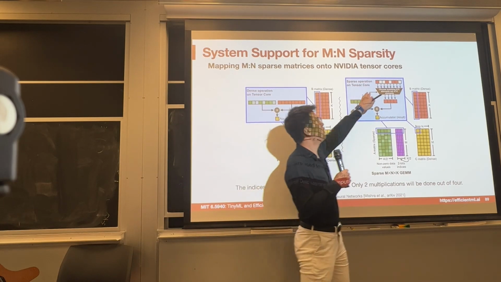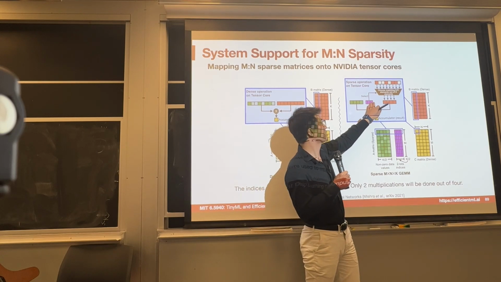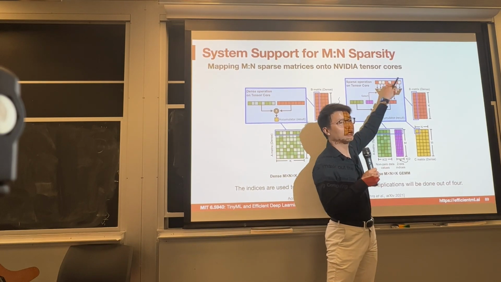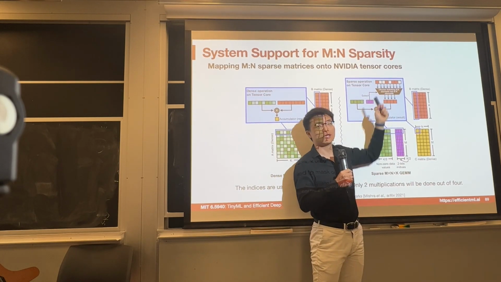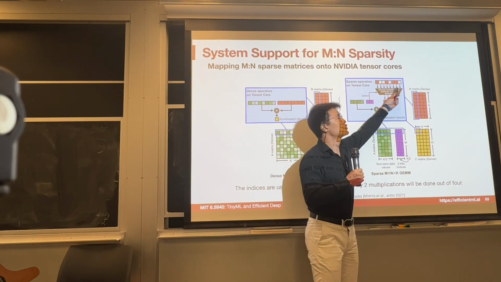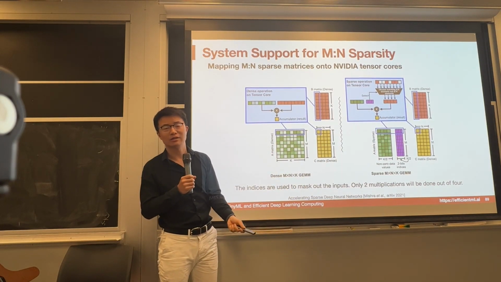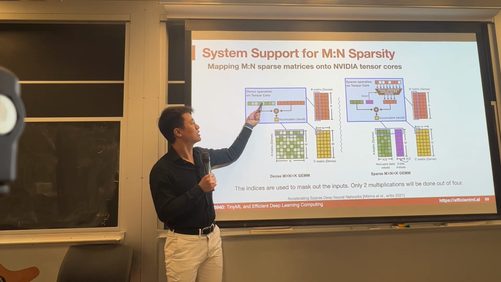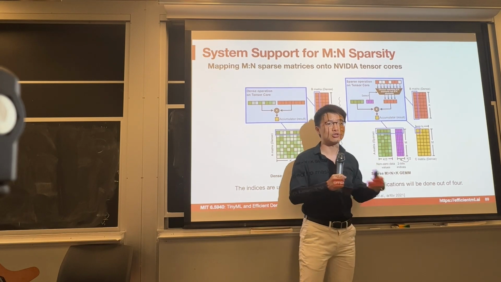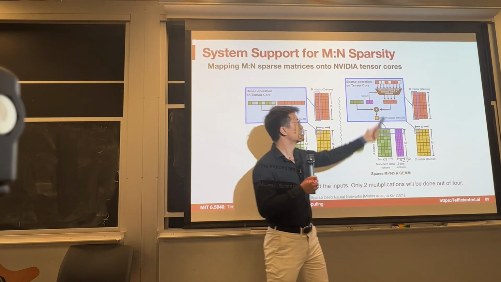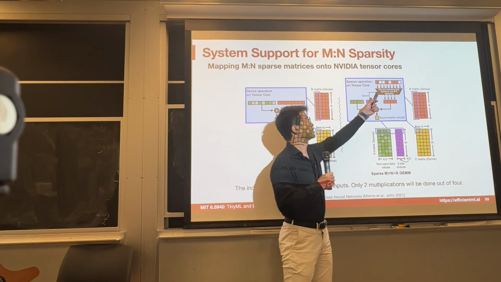Okay? And among these 8 activations, we use the index to select, like from these 4, it can be either 0 to 3 for each index. So I select those non-zero elements corresponding to the non-zero weights with the same sparsity pattern, right? Like non-zero, 0, 0, non-zero. This is also non-zero, select, no select, no select, select. So using the same sparsity pattern to select the activations that correspond to those non-zero weights,